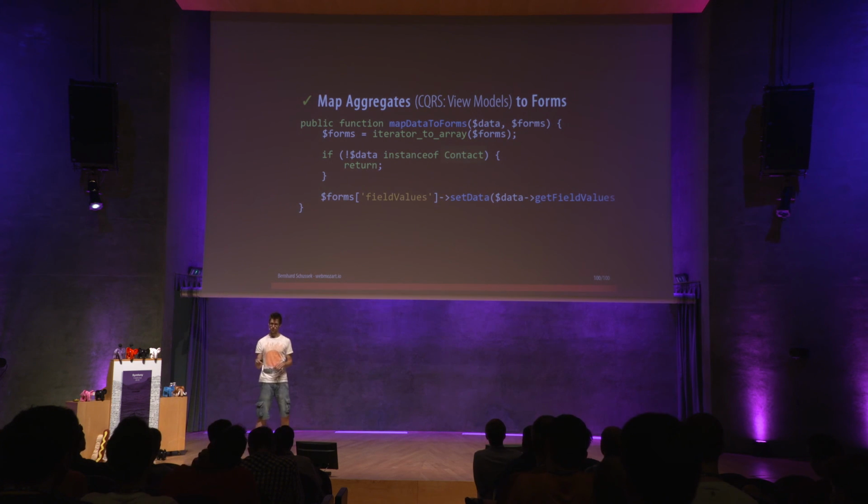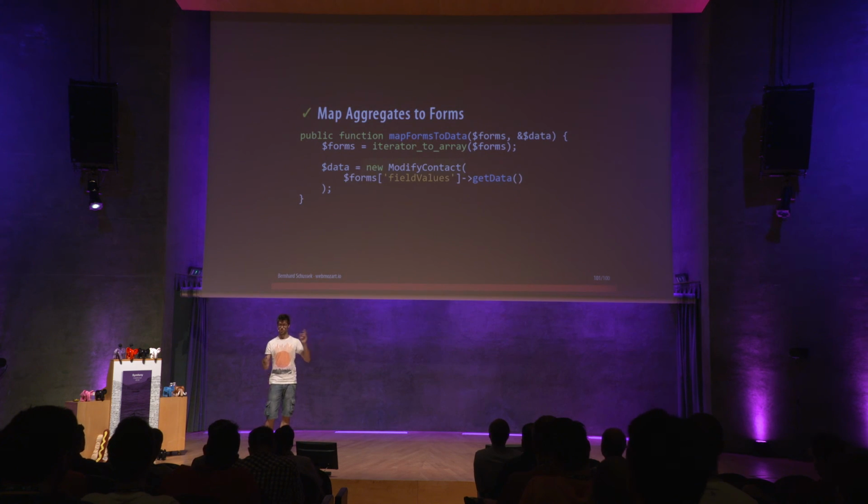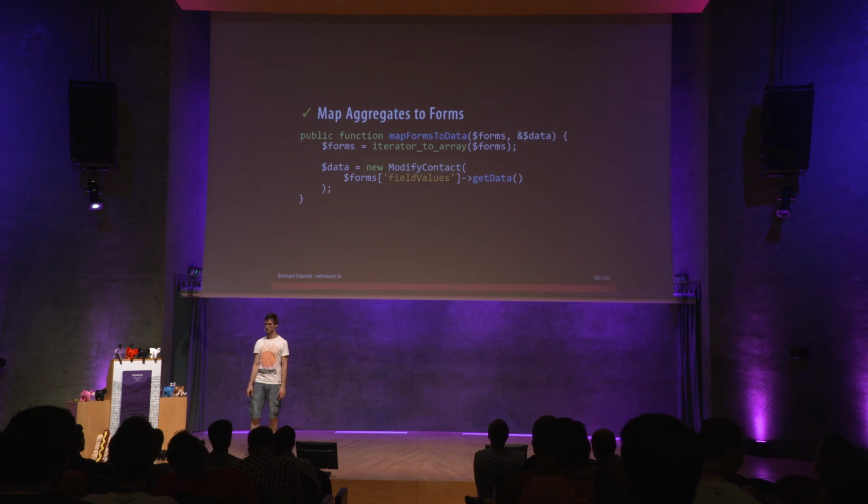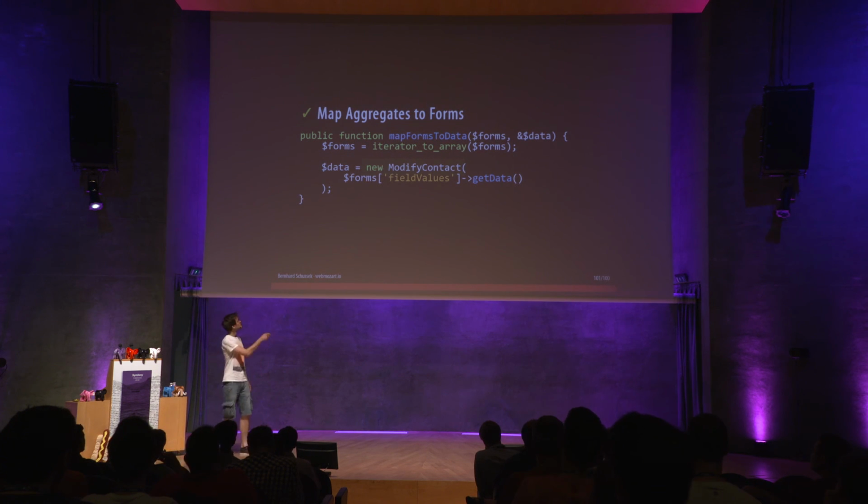But when we submit the form, we don't want to change the aggregate root because we can't. We want to have a command and submit that command to the system so that it can be handled. So what we can do is map the data back to a new object, which is the modify contact command, right? And in your controller, you can get that command from the form and dispatch it to your command bus,